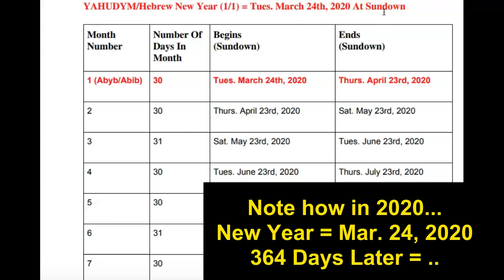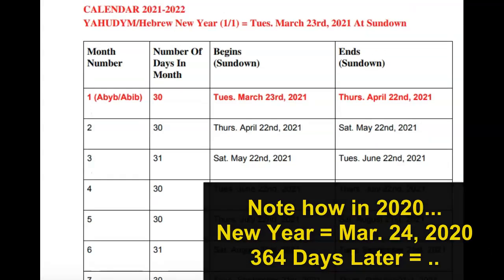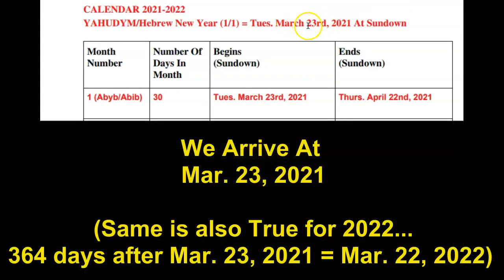Well, 364 days later, and again, there's no intercalary, you arrive at what day? March 23rd, 2021 at sundown. So exactly 364 days later, you arrive at your new year, and it will be like that for 2022 as well. So again, proving to you that this is indeed a